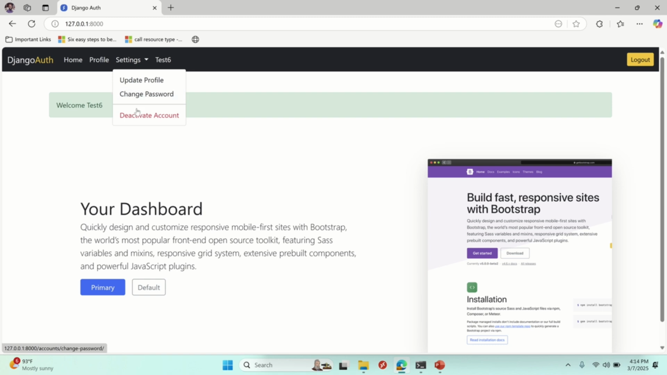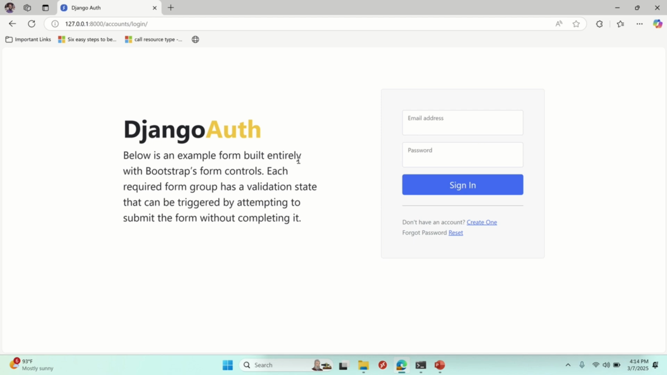So I'll just drop down settings. Before I deactivate my account, this test6 here is my first name, so that is why it's showing up here, just to point that out. So settings, deactivate account, and this will deactivate my account for me, and automatically it's going to log me out. Now, if I try to sign in again,